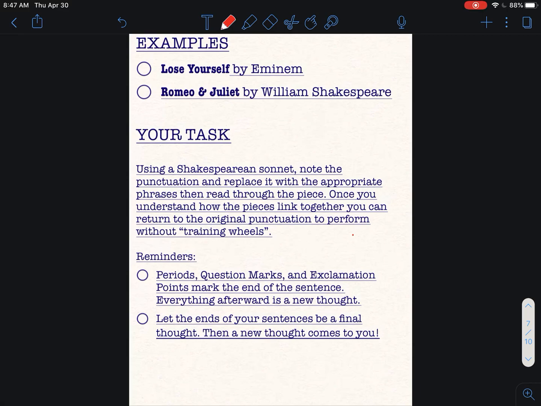So again, just as it was before, you're going to take the punctuation and replace it with the appropriate phrasing. And once you understand how the pieces link together, return to that original punctuation without those training wheels and perform that text. It's really important that you remember to let the end of your sentence be the final thought, and that periods, question marks, and exclamation points are what you're driving towards. And enjoy working on